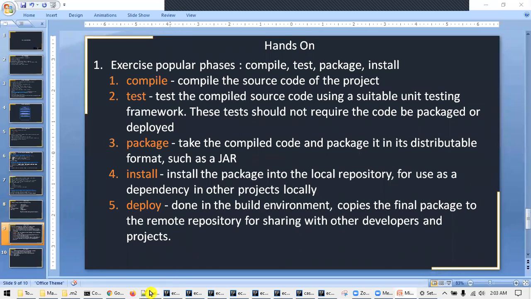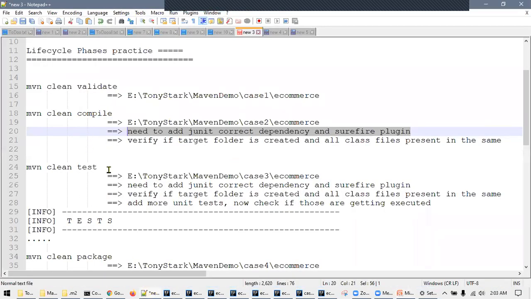Right, so now we, yeah, mvn clean compile. Now let us see. So verify if the target folder is created and all the class files are present in the same. Right. So now we'll see mvn clean